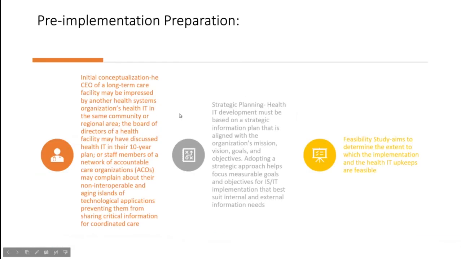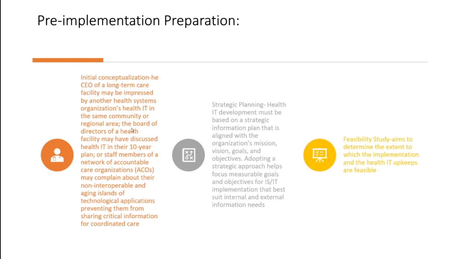Pre-implementation preparation: what do you need to do before you implement? What is our thought process? What is it that we're doing? So look at this. The initial conceptualization. The CEO of a long-term care facility may be impressed by another health systems organization's health IT in the same community or regional area,